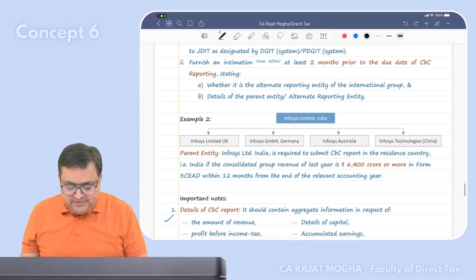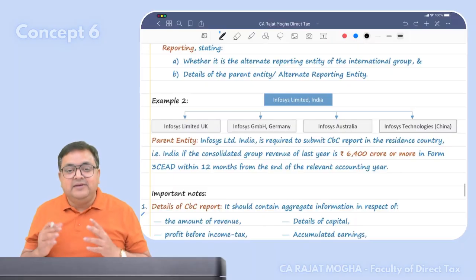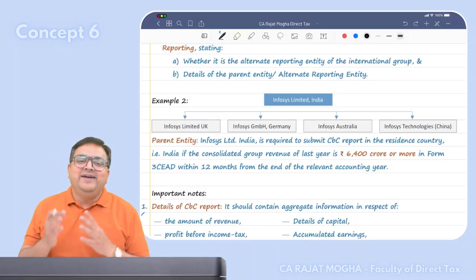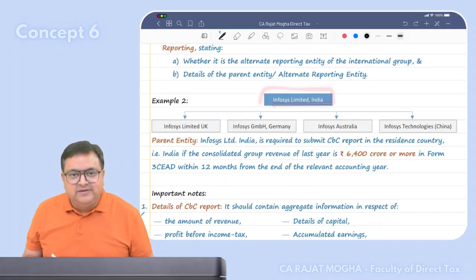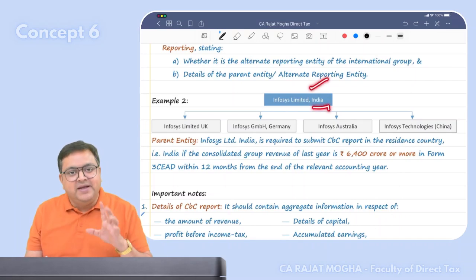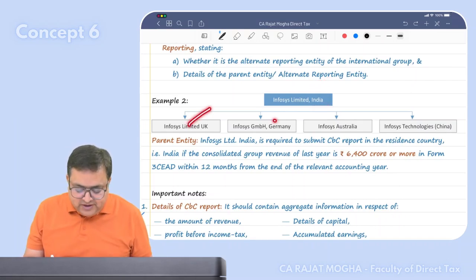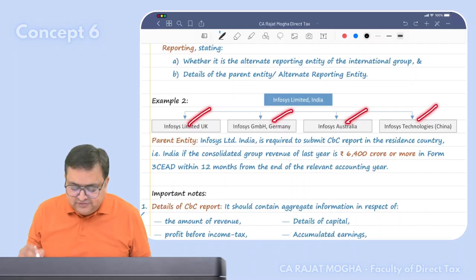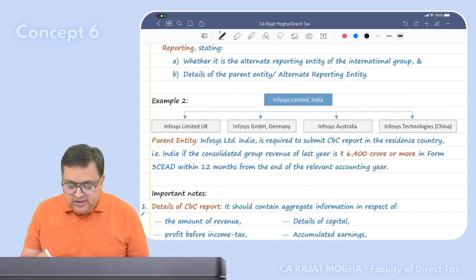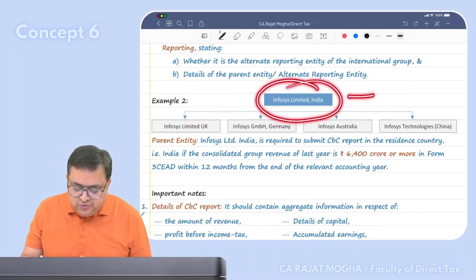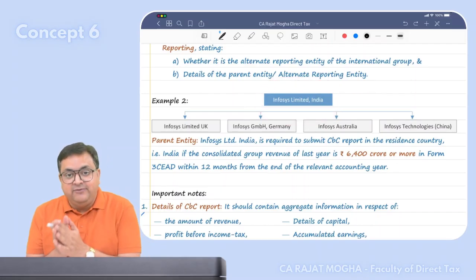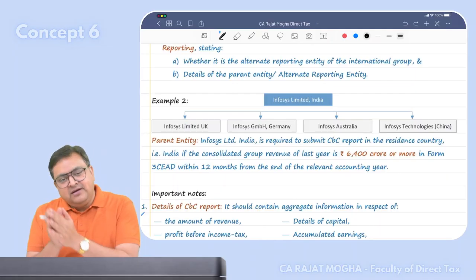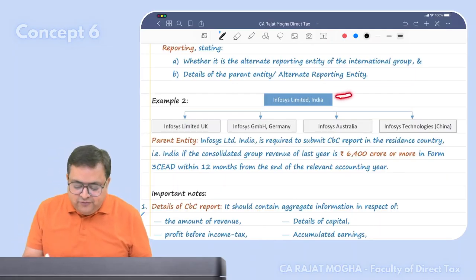I'll give you a second example. Second example is more interesting. Why? Because here the Indian company is the parent entity. So Infosys Limited India has constituents. It is one of the international group constituents, and it is also the parent entity: Infosys UK, Infosys Germany, Infosys Australia, Infosys Technologies Chennai. Now, Infosys Limited India, your prime responsibility is that you will file your CBCR. Till when? When the year ends, after that 12 months, right? So you have to file your CBCR,